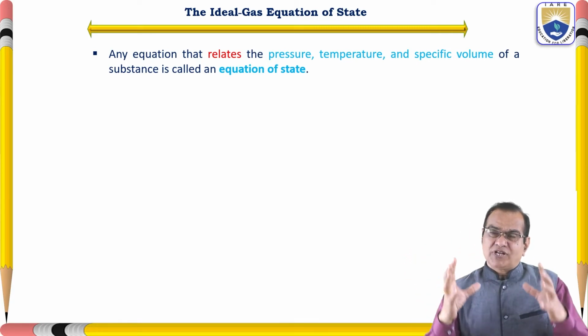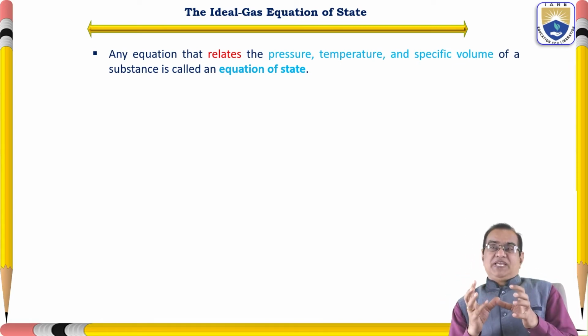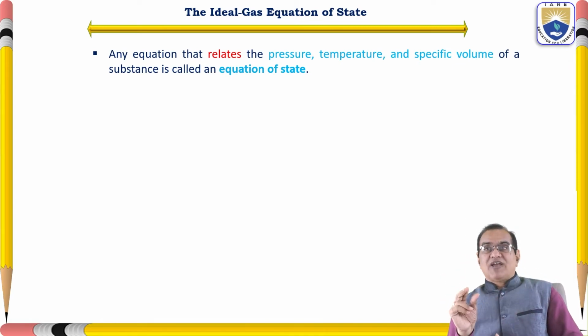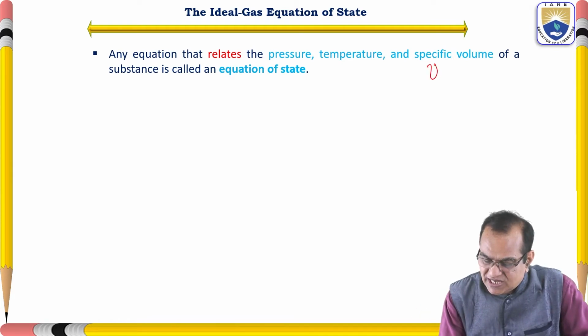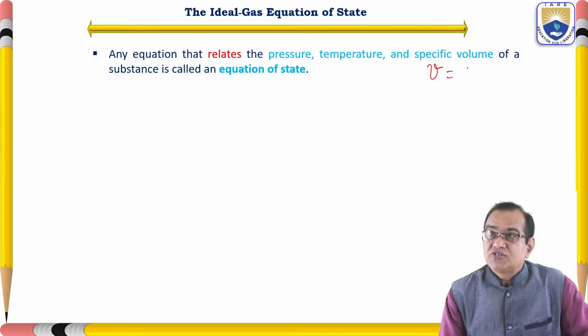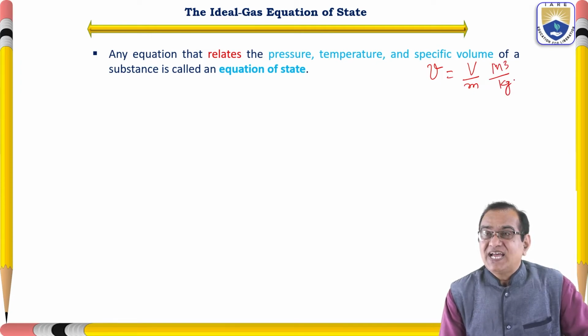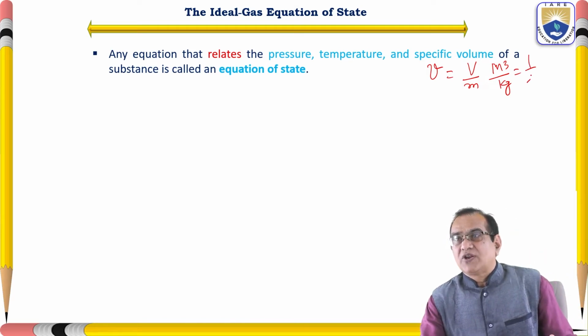If you take the total volume, it is not intrinsic. So if you want to make it a property, you should always take specific volume, not the total volume. And this specific volume is denoted by small v. So this small v is equal to total volume V divided by mass, and this is meter cube per kg, and this is the inverse of the density, equal to 1 by rho, and